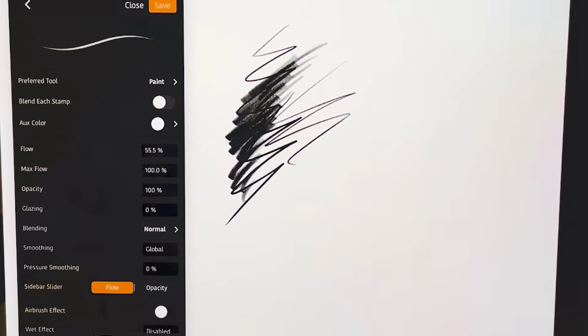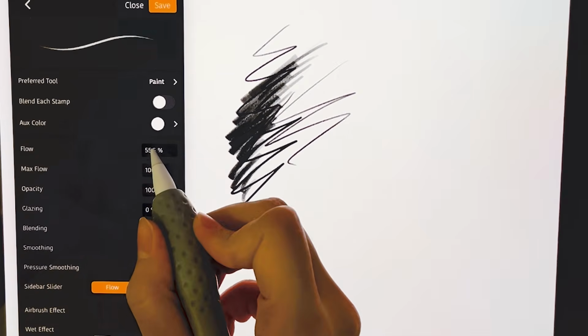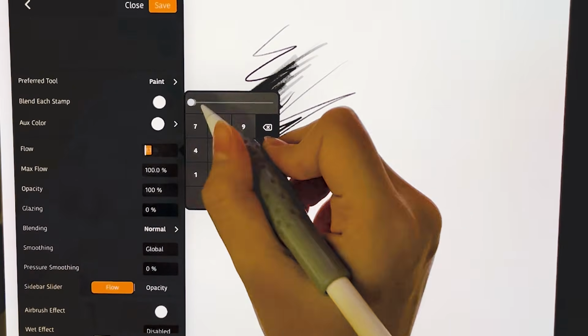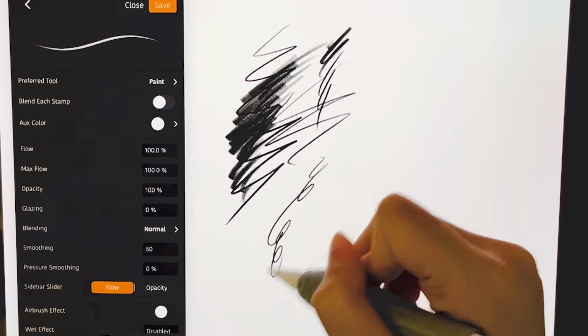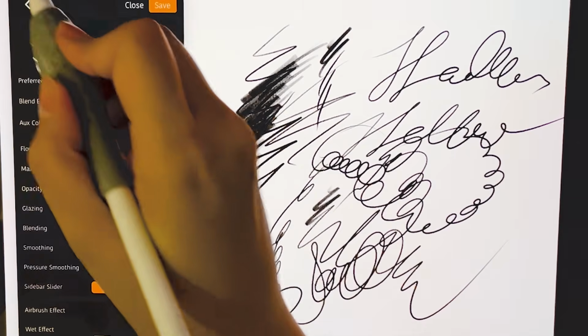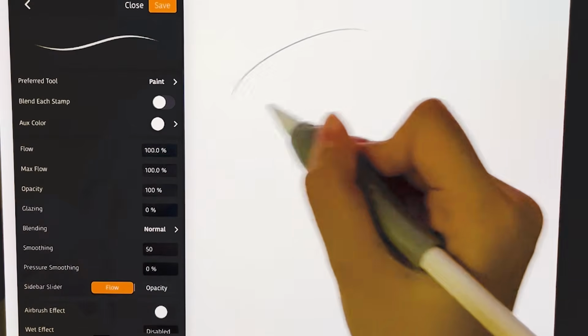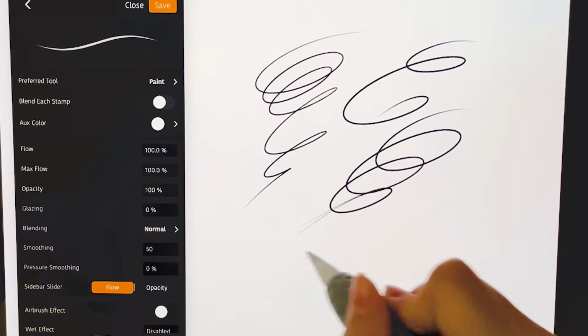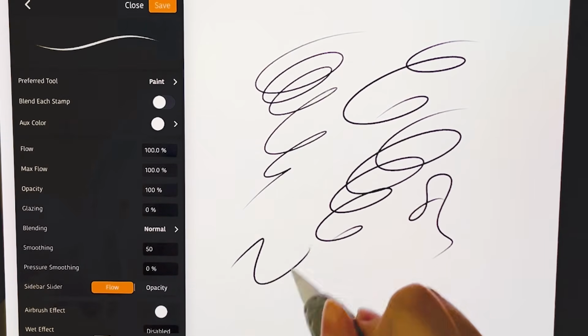So first up, the brush engine for this app. I wish you could just tap and then drag to adjust the numbers, but you'd have to click into it first. Oh no, the stabilization. It's just like Procreate. Why does it transform like that? Can you see that? Right at the start of the stroke. Why does it do that?